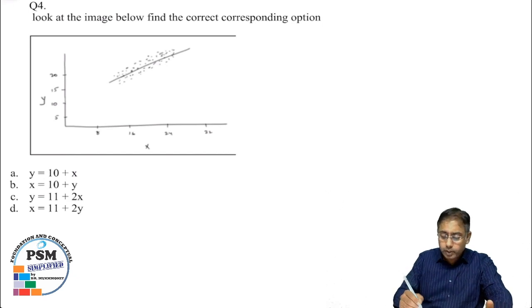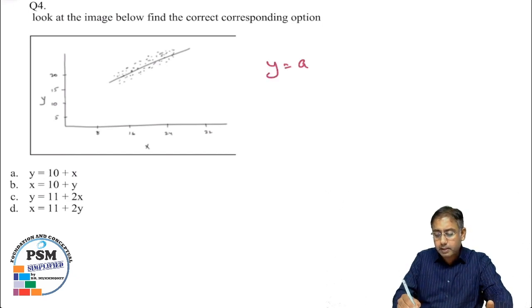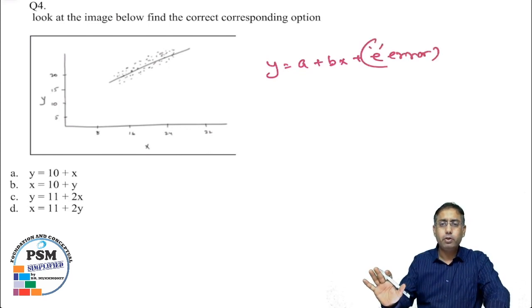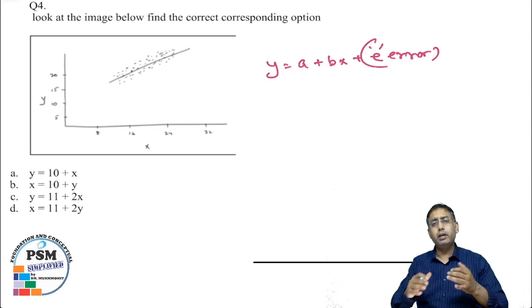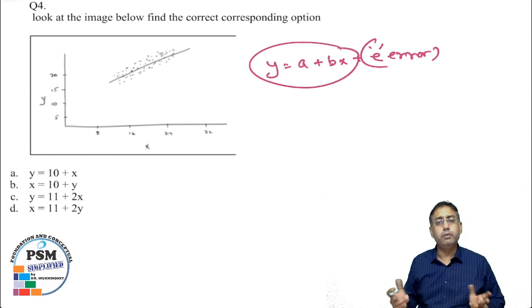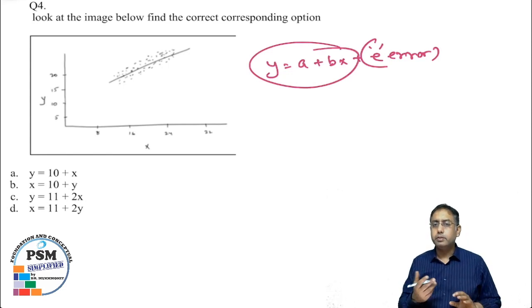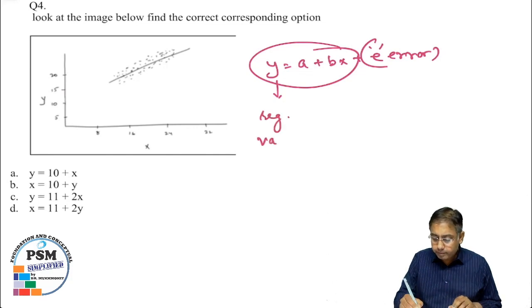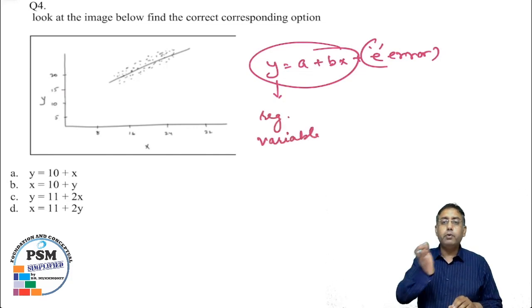There is an equation that is y is equal to a plus bx plus e, where e is for error. So just for your exam purpose, I'm saying we talk about errors. Generally speaking, we take y is equal to a plus bx. Generally speaking, this is the formula that you need to remember for regression. It is very easy. What is y? Y is the regression variable on which we are going to